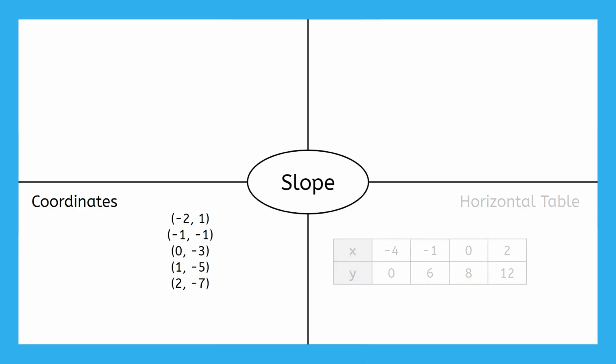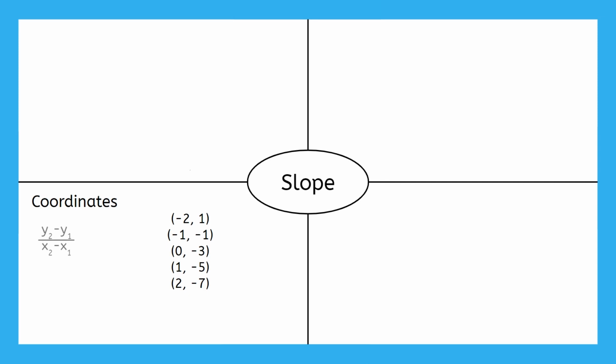Looking at the coordinates first, we could use the slope formula. Or, just like with our vertical table, we could just take a look at how the x and y coordinates change from one point to another. For these first 2 points, the x-coordinate goes up by 1, and the y-coordinate goes down by 2. If we put those together into the slope, it's -2 over 1, or just -2. And no matter which points you pick, even if the slope doesn't look identical, it should be equivalent and simplify